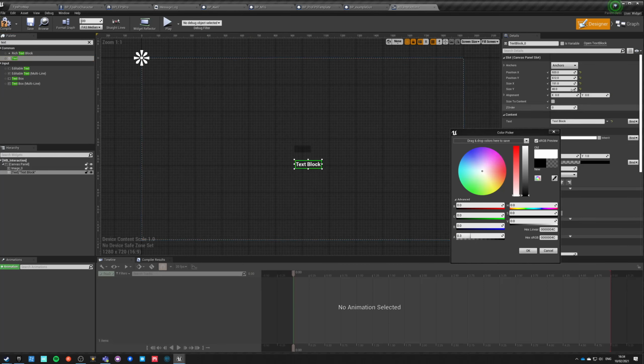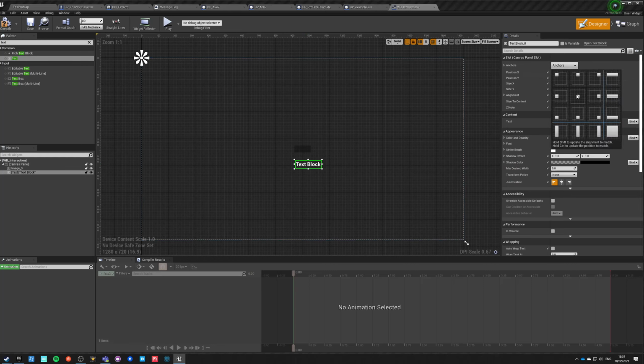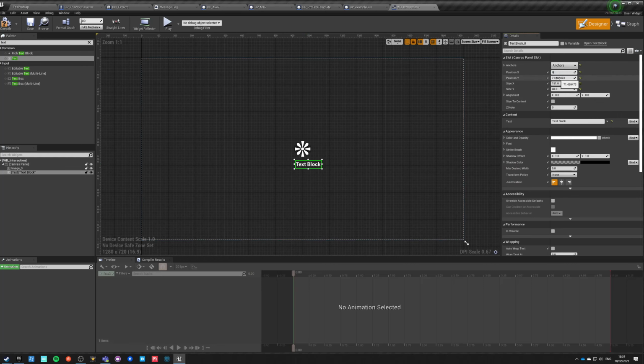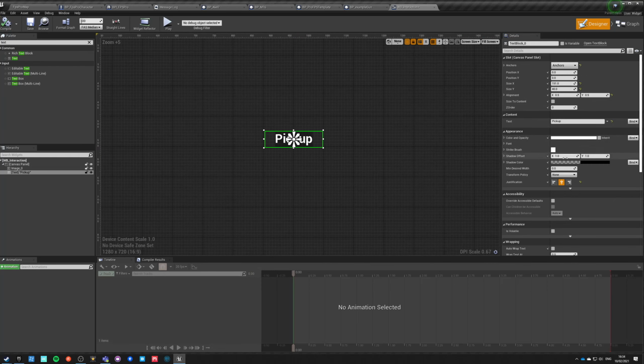Okay, and do the same. So we're going to text, anchor, middle, 0, 0, 0.5, 0.5, 0.5, and middle out, and it will say pick up. Okay, that's it. And maybe let's make this text a bit smaller, because what font size is this?